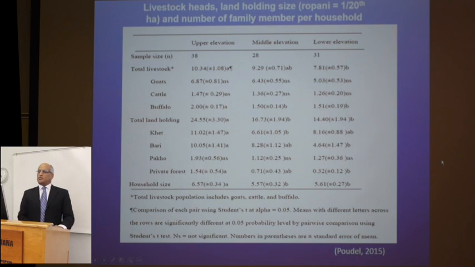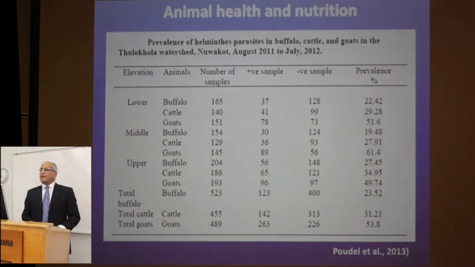Based on those results, the smallholder mixed farming system is still a predominant farming system in this Thulokhola watershed, with families having goats, cattle, buffaloes, and their irrigated agriculture, unirrigated agriculture, etc. And these family farms are run by family members largely. So the smallholder mixed farming system is still a predominant system